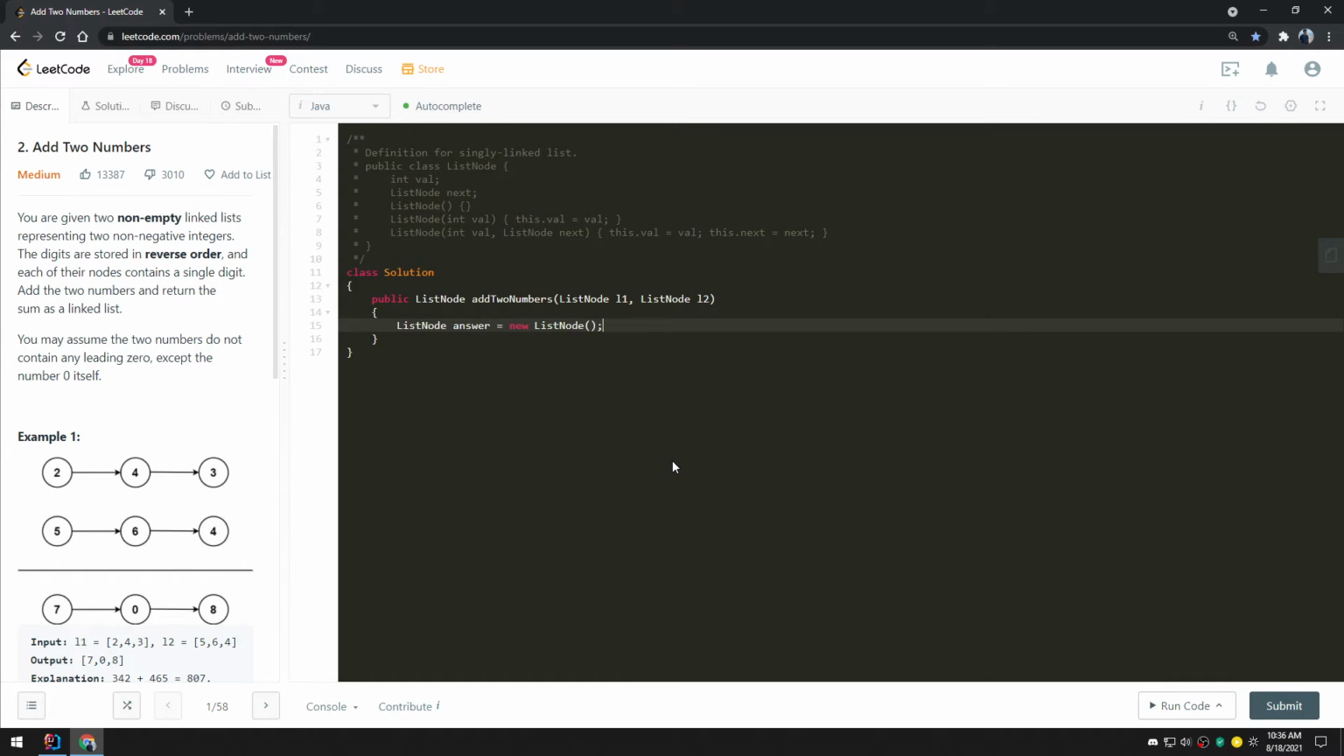So just create a list node called answer, and we'll create another list node, and we'll call that current, which will refer to our answer. This is just standard list node kind of process. At least for me, what I've seen so far in my studying, this seems to be your typical beginning of a linked list problem. You create an answer variable, you create a current variable that refers to your answer, and then you'll do the